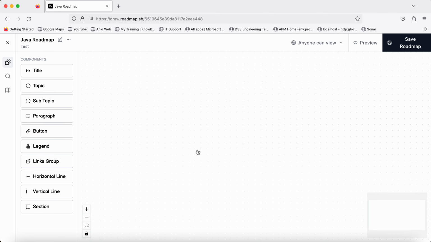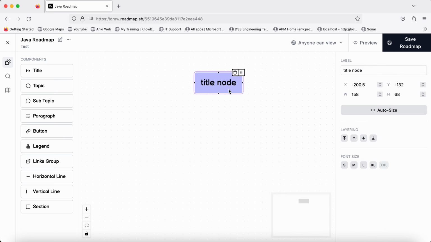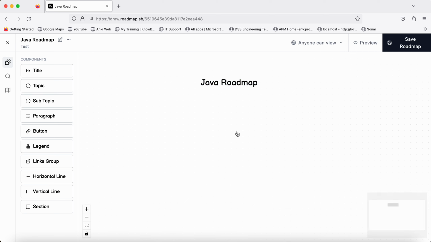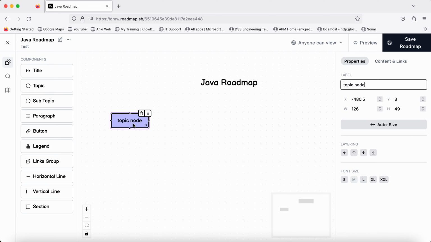This brings me to this tool, a board, and here you can see different components that you can use to create a nice looking roadmap. So let me show you some examples, and then obviously you can do it on your own. So here I will just say Java roadmap, and I'll try to also bring in a component, call it say object oriented principles,